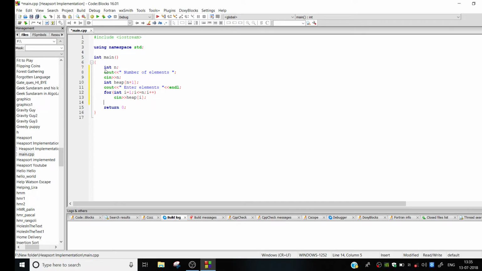Now we'll create a max heap using a function called buildheap.